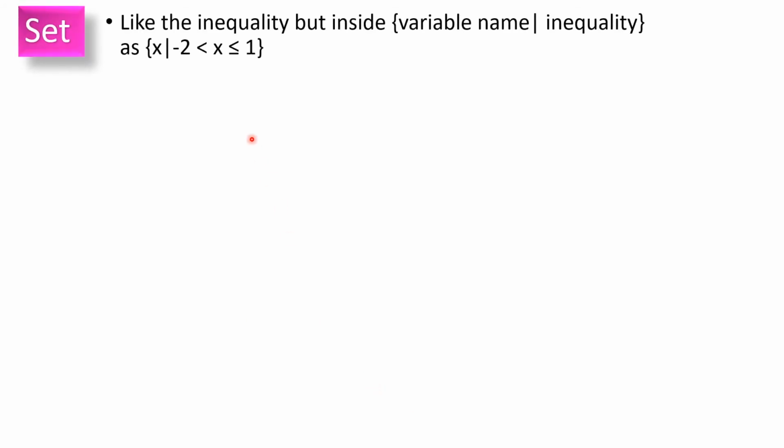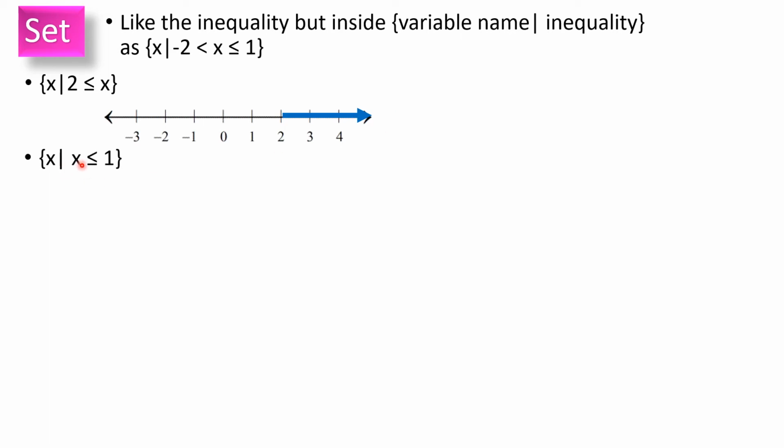That's it. It's like the inequality, but it's inside the variable name, then the inequality. And x such that -2 < x ≤ 1. The same here. Say 2 ≤ x, then start from 2 and end at infinity. x ≤ 1, start from 1 and end at negative infinity, as x is smaller than or equal 1. Okay, 2 < x,